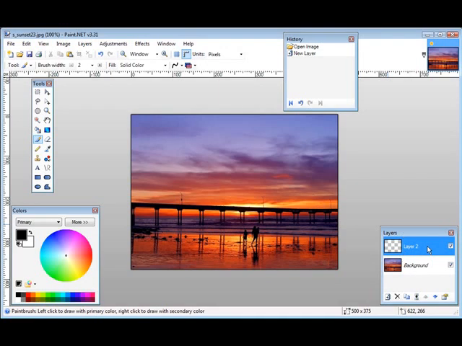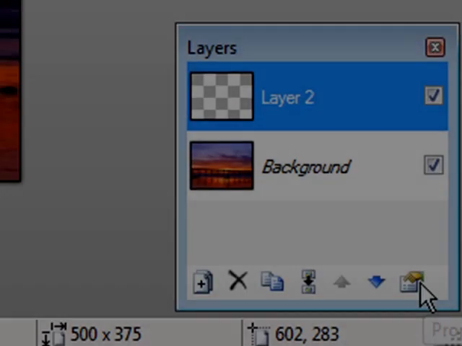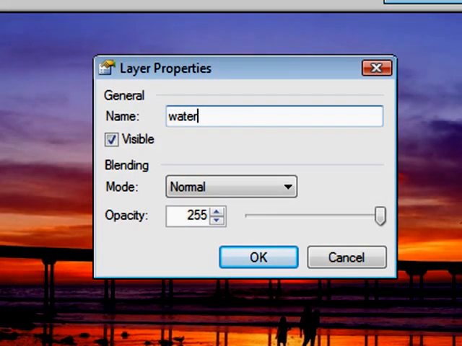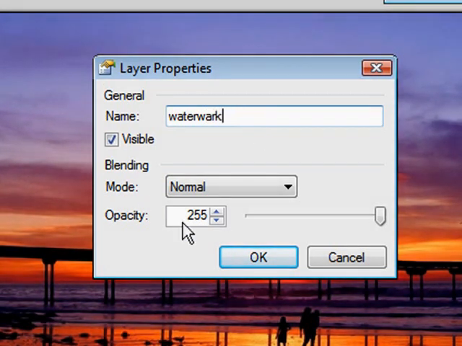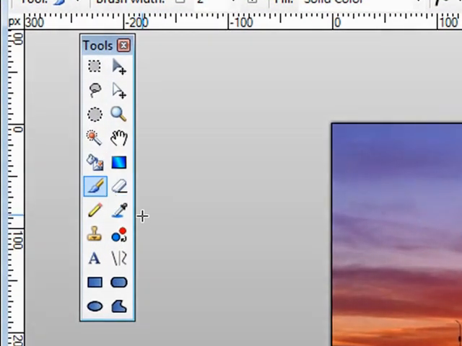Then over on this side, you can right click. Then over on this side, down at the bottom, you just go down here and you click on Properties and just give it a name for your layer. Call it watermark or whatever you want to call it. And then all you have to do is come over to your little tools thing over here, pick